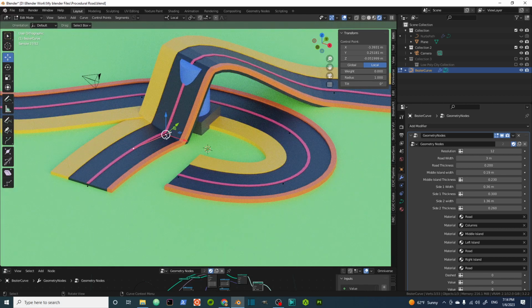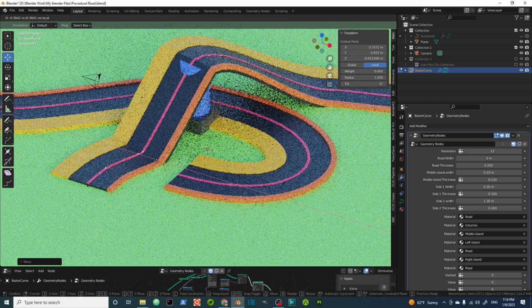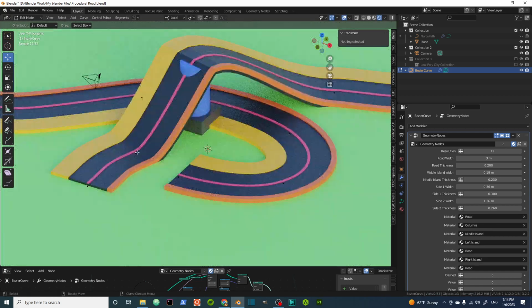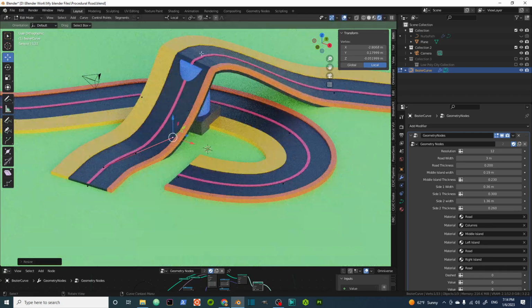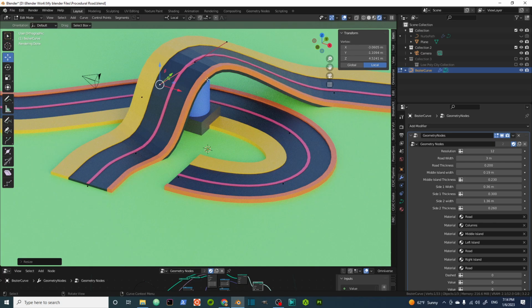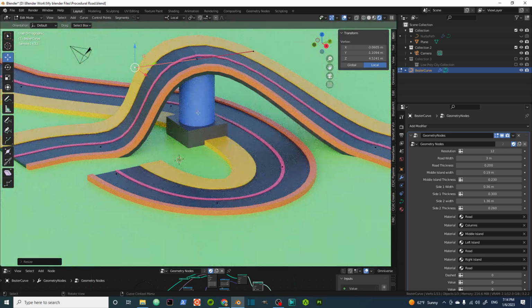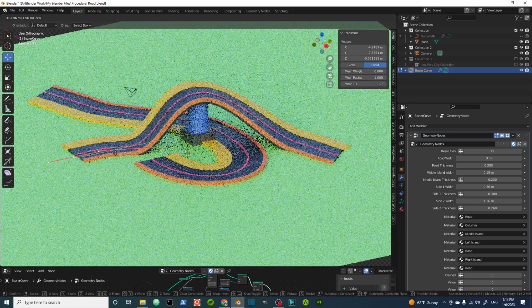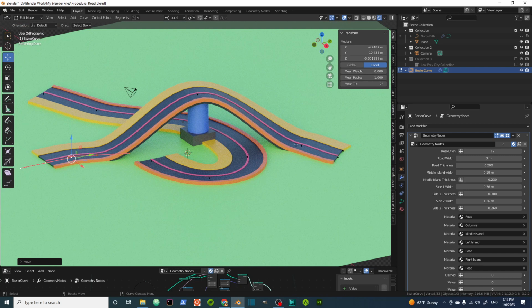But if I increase this, or if I bring this back to here or to here, and then scale this side of the segment, then I have a smooth scale, or a smooth transition, for the curve. The same thing here, I need to increase this or scale this so that it gives me a very smooth scale. Okay, now that's not perfect, but we can make it perfect. First of all, we can move these points till here,